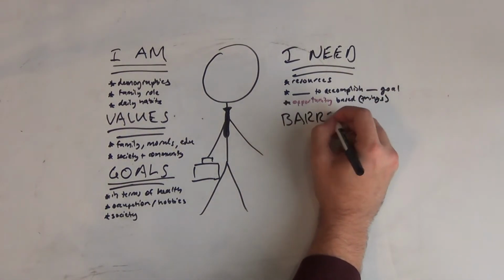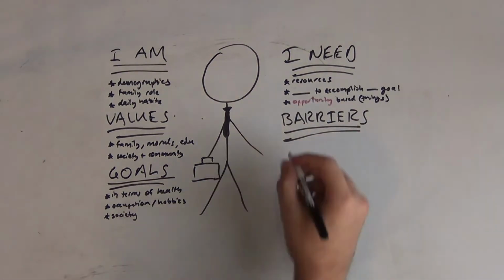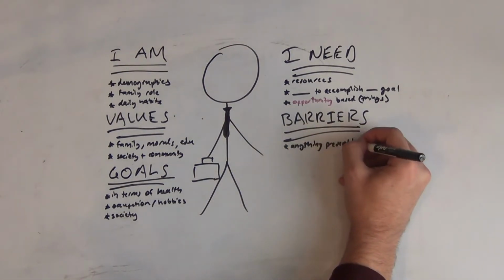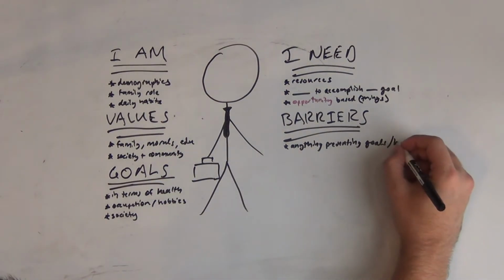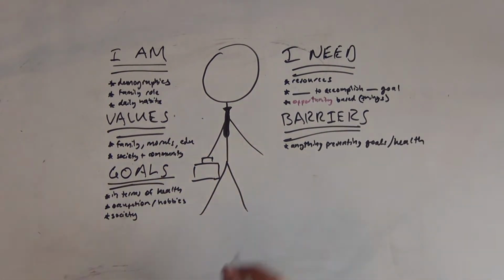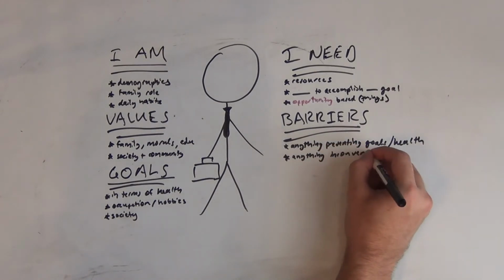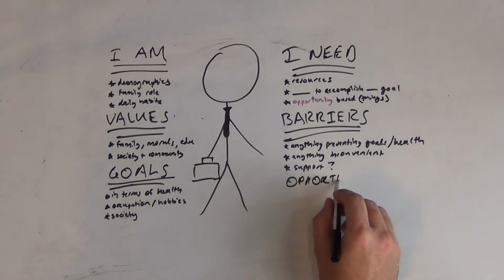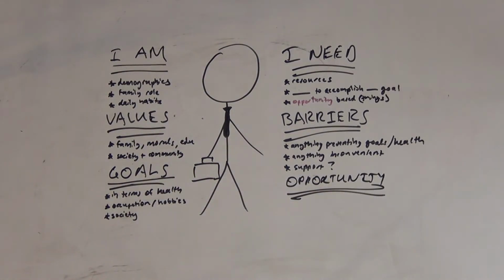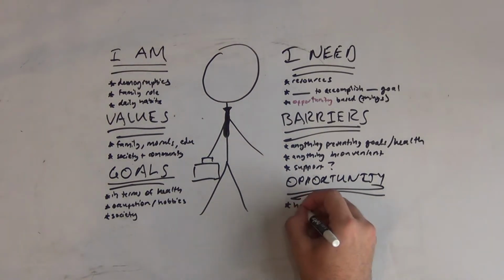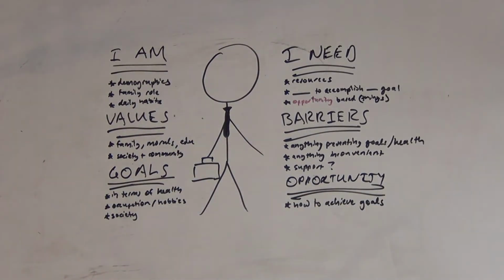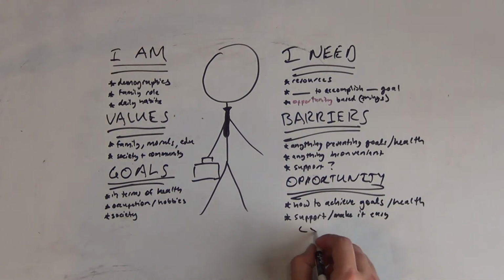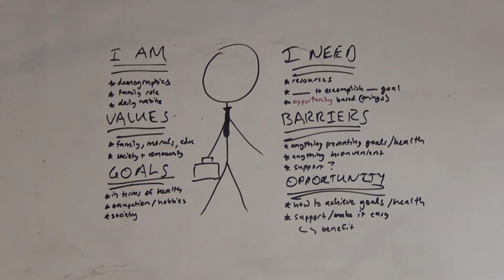So the barriers, these are the things that really just get in the way or prevent our goals. They're usually in relation to health for us, again, because we work a lot with health companies. But it's anything inconvenient, and it's also a lot about support and how you can get more support to them. It's anything that can lead a client in a way that you want them to think. And then for opportunity, it's how do you achieve goals? It's how we can help to achieve ideal health a lot of the time for us. It's how to support them and make it easier, going back to the CCI framework that we've talked about in other podcasts. So what does this actually mean for us?